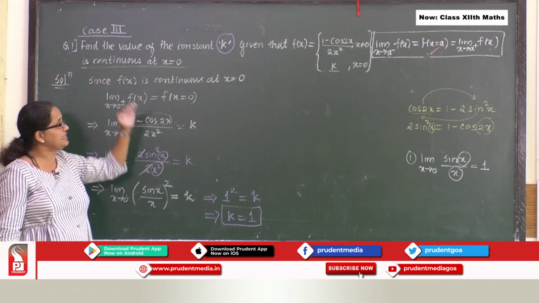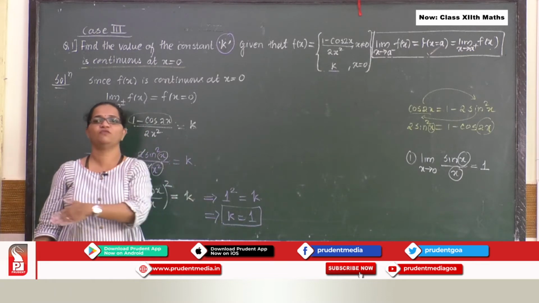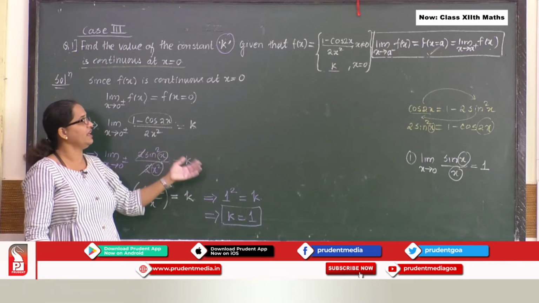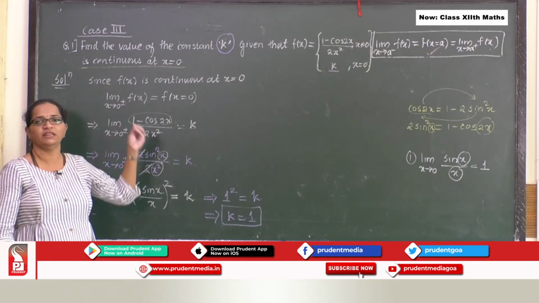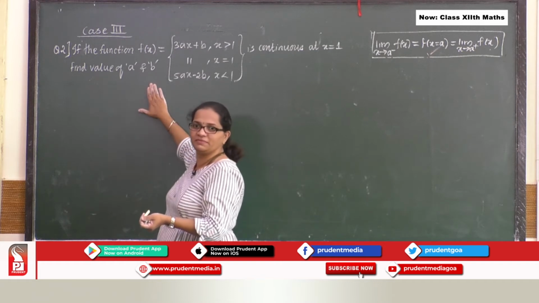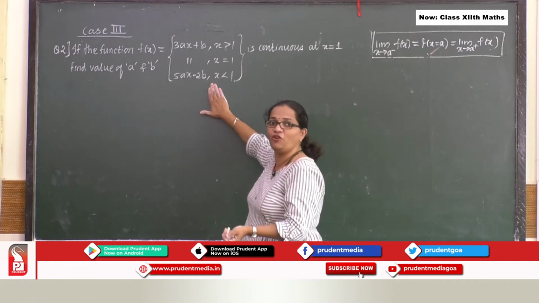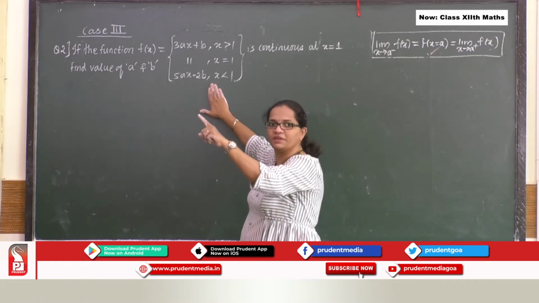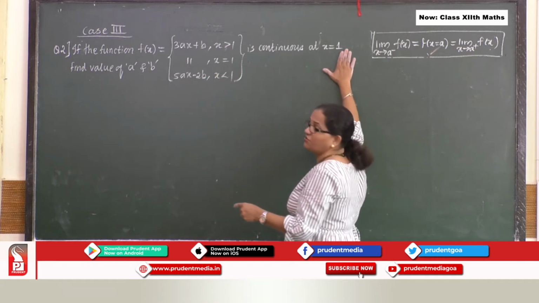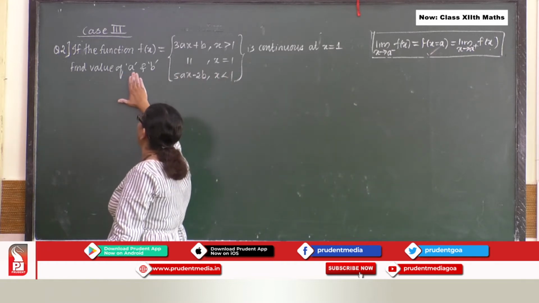So we will be discussing similar kinds of problems with respect to the previous two cases we have discussed. Let us start with another example where you also need to find the value of the constants. This is the second problem wherein we discuss the function which is of my second type, and I am saying this function is continuous at x equal to 1, and what I need to do is find the value of a and b.